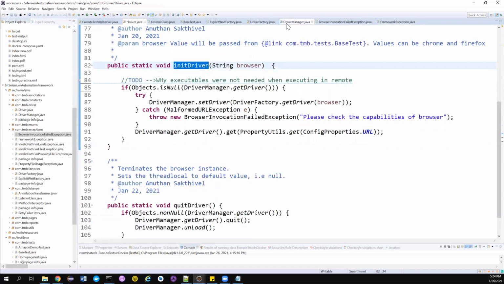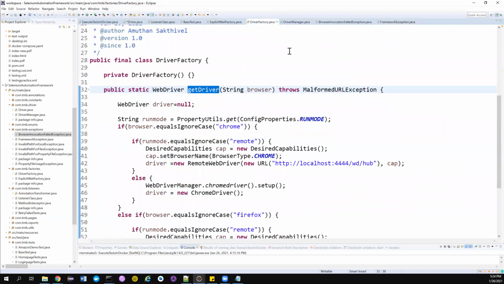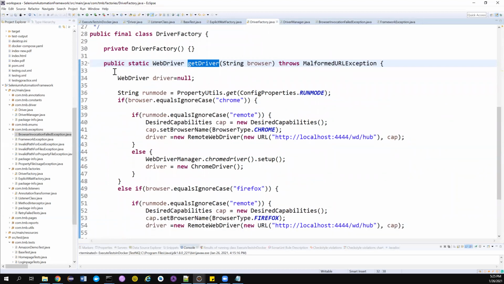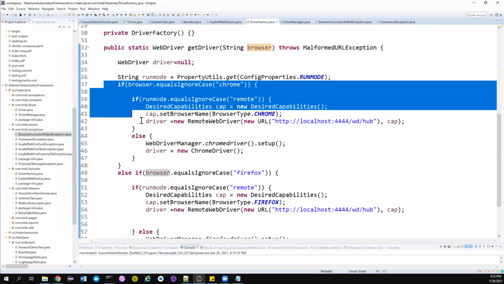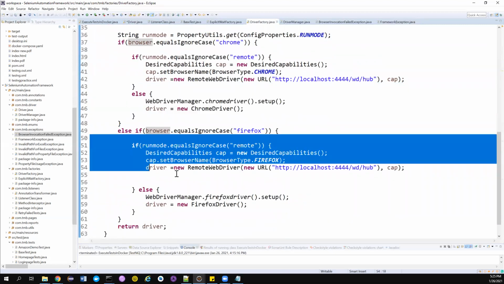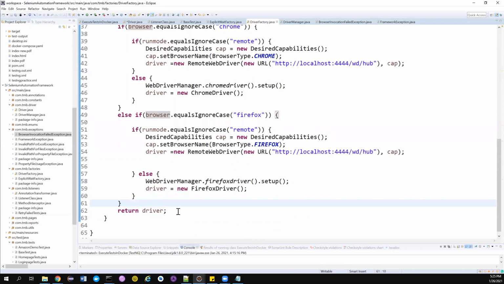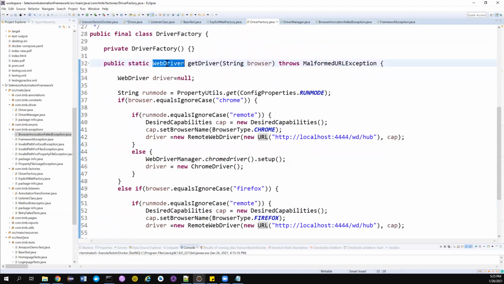The reason that we created a driver factory is because your team lead is doing so much work, so this class can handle some of it. If I just give it enough details, like I want to invoke a browser, and at runtime I tell it to invoke a Chrome browser, it does some internal logic itself. It checks what the run mode is, and based on that it does all the logic itself. It does all the tasks for you and then returns the result. This is the driver you are expecting, so we are returning the web driver back.